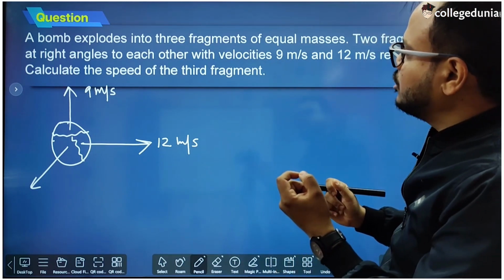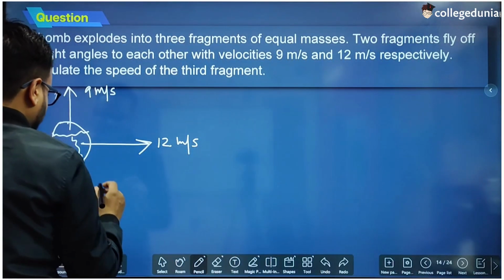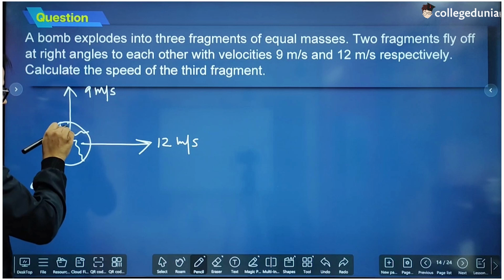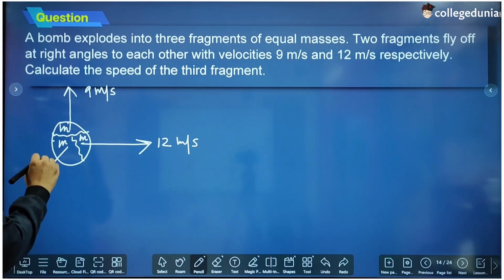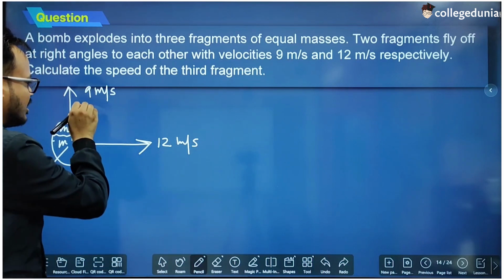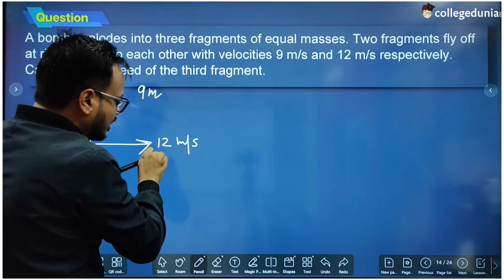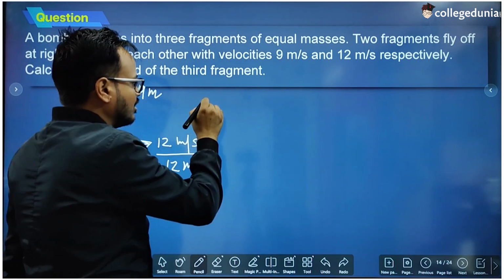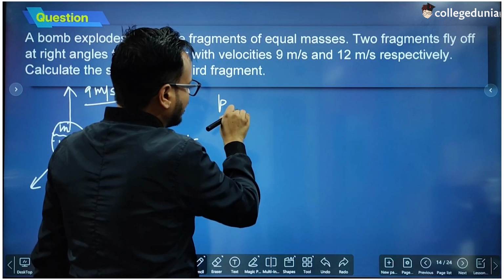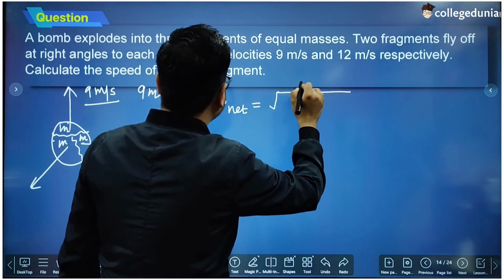A bomb explodes into 3 fragments of equal masses, so the masses of these fragments are equal. Let's say the mass of this is m, mass of this is also m, mass of this is also m. So what is the momentum of this particle? 9m. What is the momentum of this particle? 12m. Since they are at right angle to each other, the net momentum is the resultant of these two, which is square root of